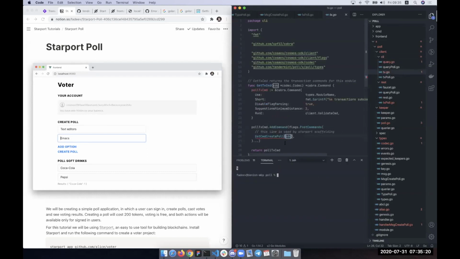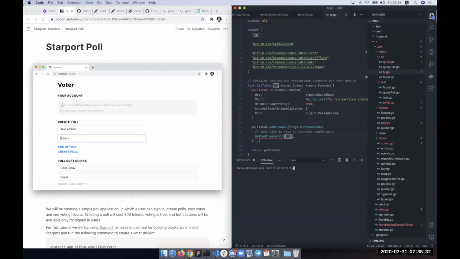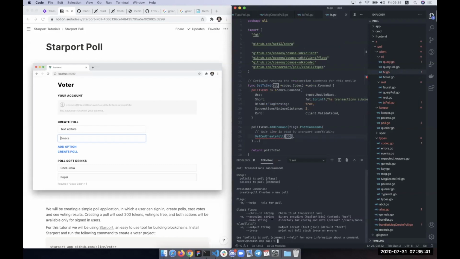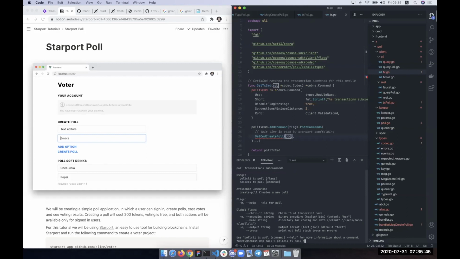The way you will interact with your application is you will use poll CLI. And you can read about how to use it using help, but it has a tx subcommand, which also has a poll subcommand. And if we ask for help, we'll see that we have a create poll command. So create poll,